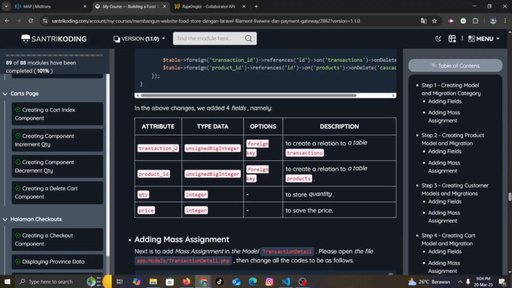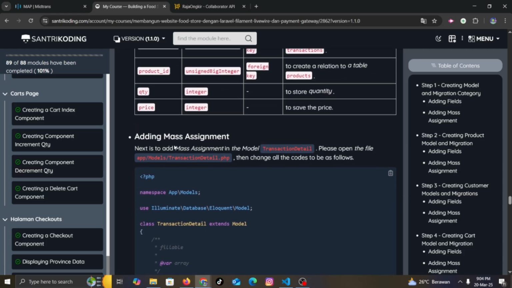In the above change we added 4 fields, namely transaction ID to create a relation to the table transaction, product ID to create a relation to the table products, quantity, integer to store quantity, and price, integer to save the price. Transaction detail.